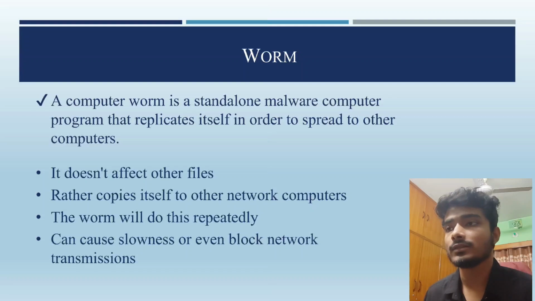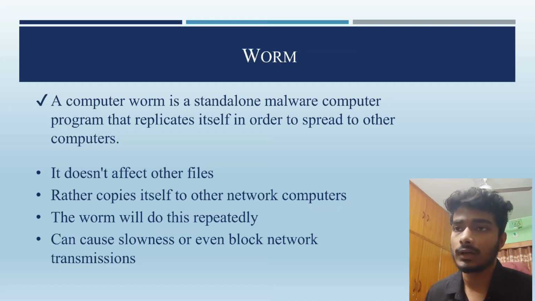By creating thousands or millions of copies of itself across a network, it can consume massive amounts of bandwidth. This can cause extreme slowness, even block network transmission entirely, even shutting down business operations or part of the